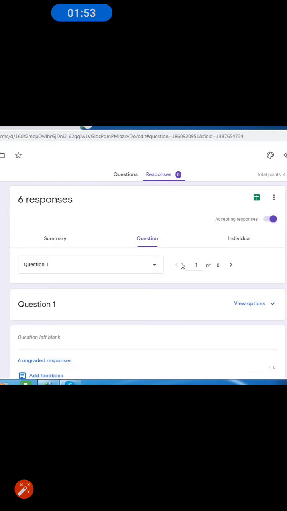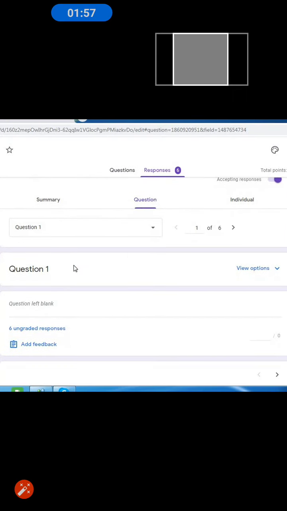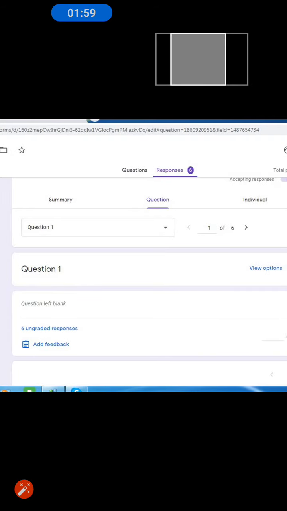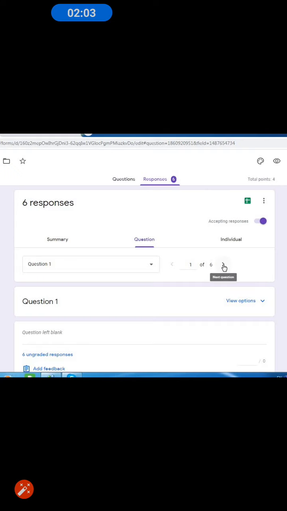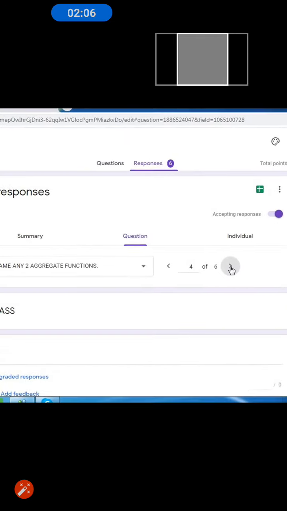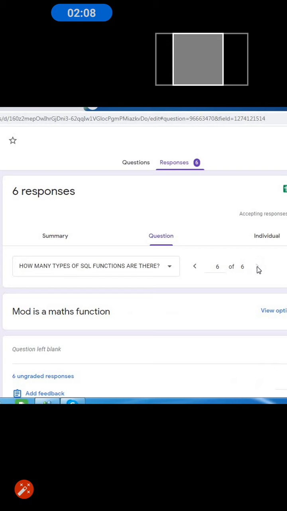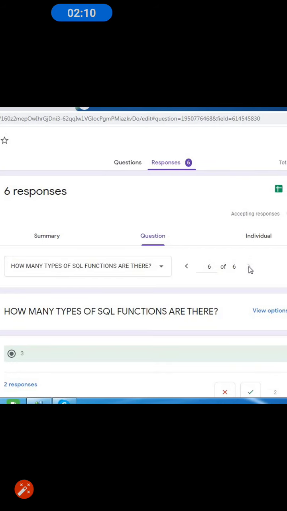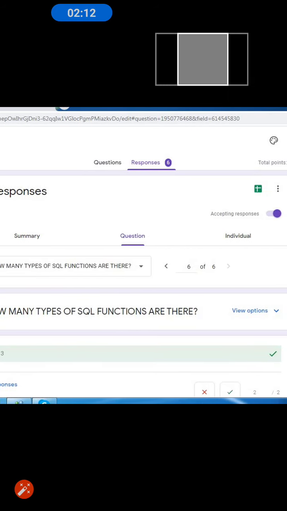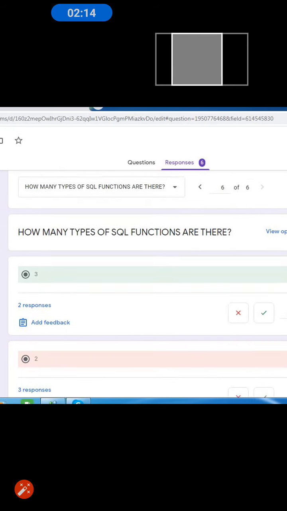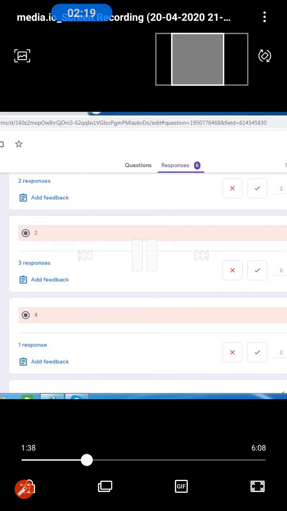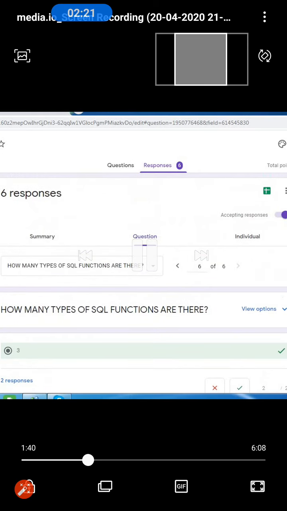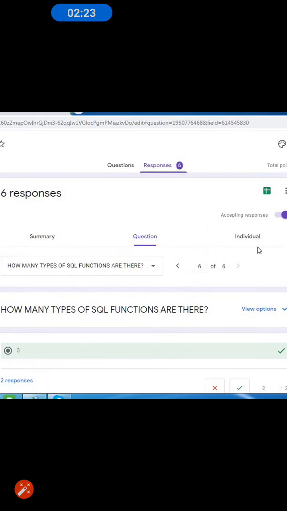Next we go to the question part. Here basically we have a set of questions, and in that we can see which are the questions which are left blank by the students or not attempted by the students. In this manner we can move through the questions and get a glimpse of the questions which are unanswered. See, we are getting the responses here. How many students have responded to which question?